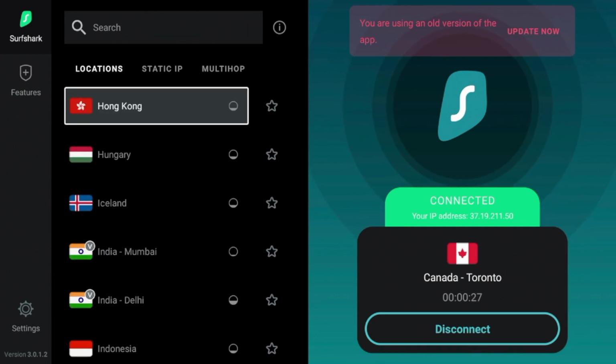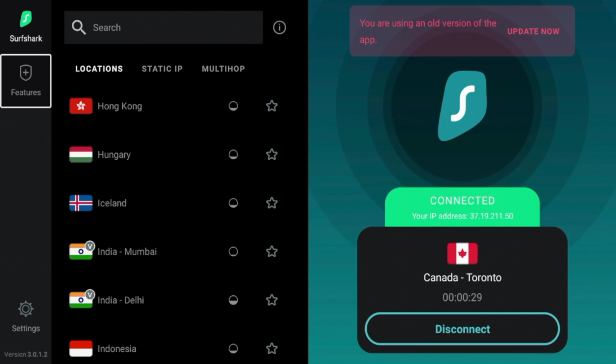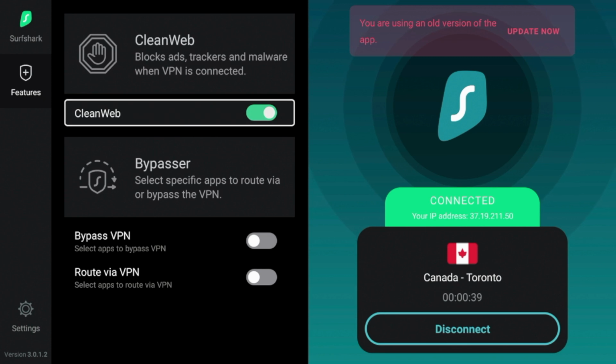All right, guys, another quick VPN tip is that you can actually block ads and malware using Surfshark VPN. So if you do have Surfshark and are following along, if you click the features option here, there is an option or a feature called Clean Web. And Clean Web has the ability to block ads, trackers, and malware when this feature is connected while you're using